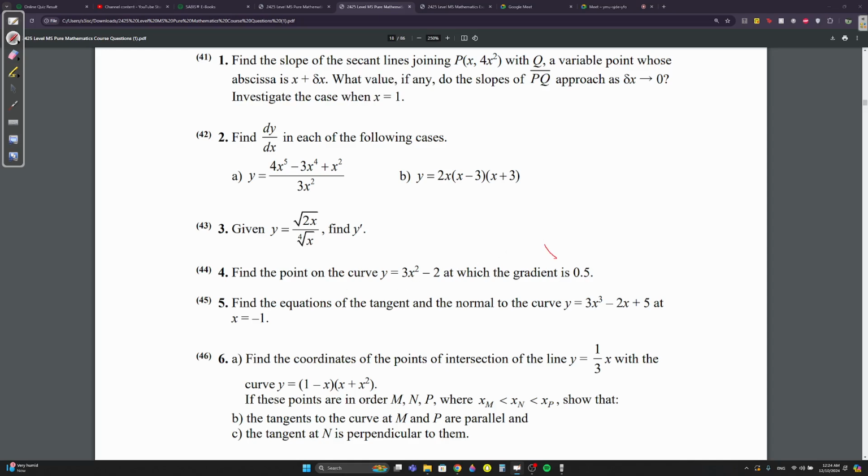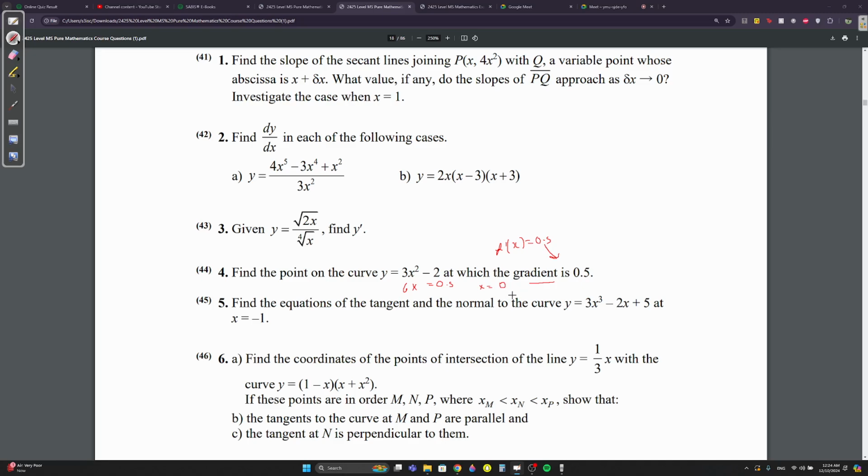Find the point at which the gradient is 0.5. So we need to know, gradient is f prime of x. F prime of x equals 0.5. Let's actually find f prime of x. 2 times 3 is 6x, because you reduce by 1. 2 doesn't get derived. So 6x equals 0.5. Divide, you're going to get